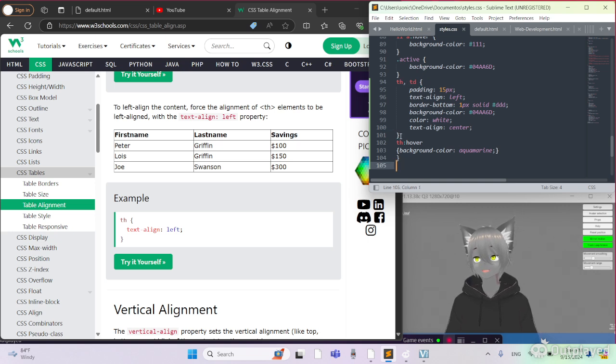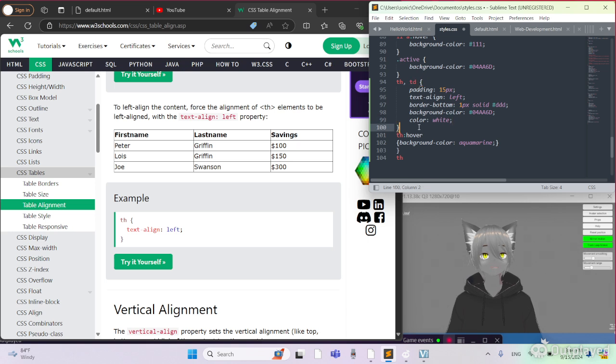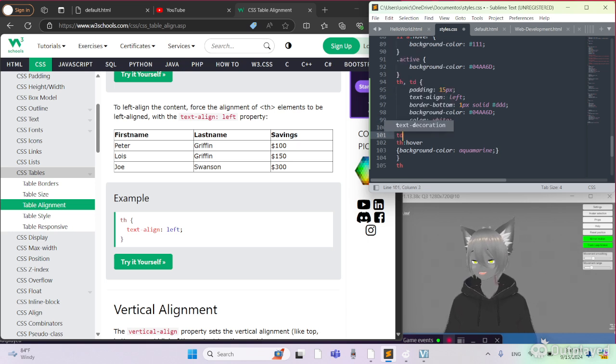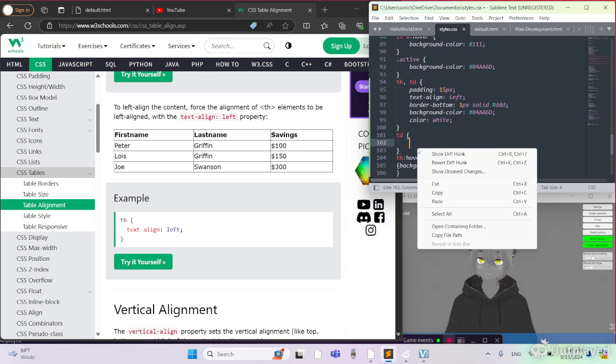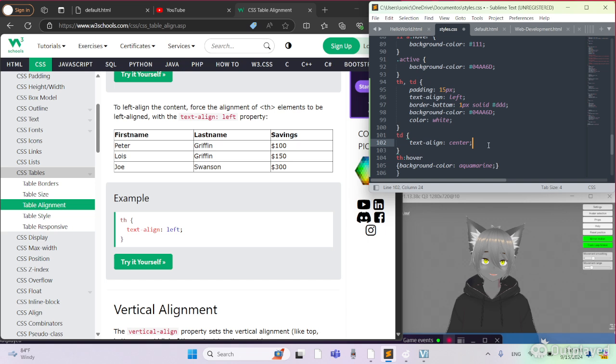But if we want to do specifically just the TH instead of TH and TD, so let's say I just want the TD to text align center. So I'm going to cut that out because this is applying to both TH and TD. Or if I just do TD and then text align center,